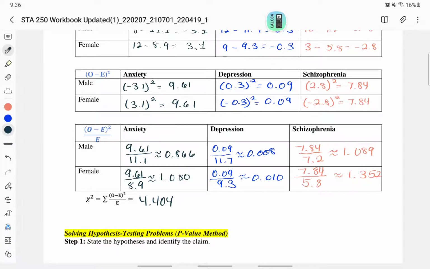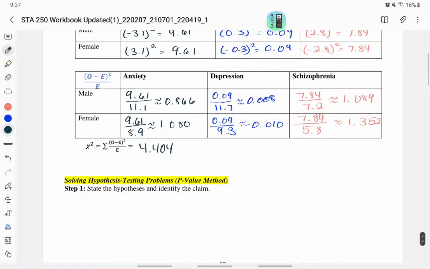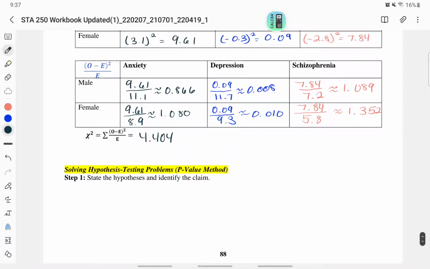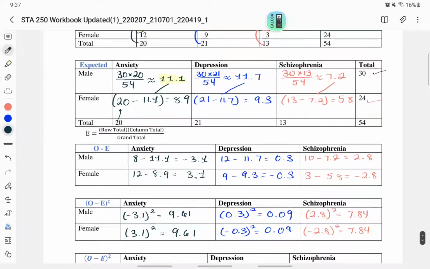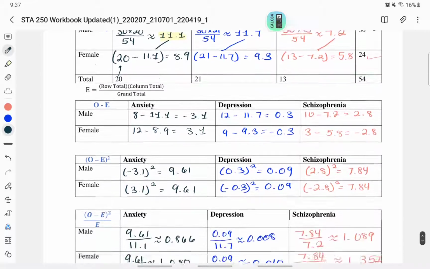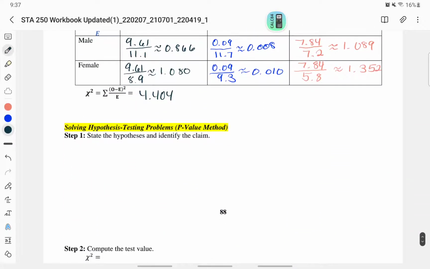Okay, now we're doing the p-value method in this case. So step number 1 says state the hypotheses and identify the claim. The proportions are different from each group because the expected counts for each group are different. As you can see, each group has a different expected count. So when we write our null hypothesis, we're going to state